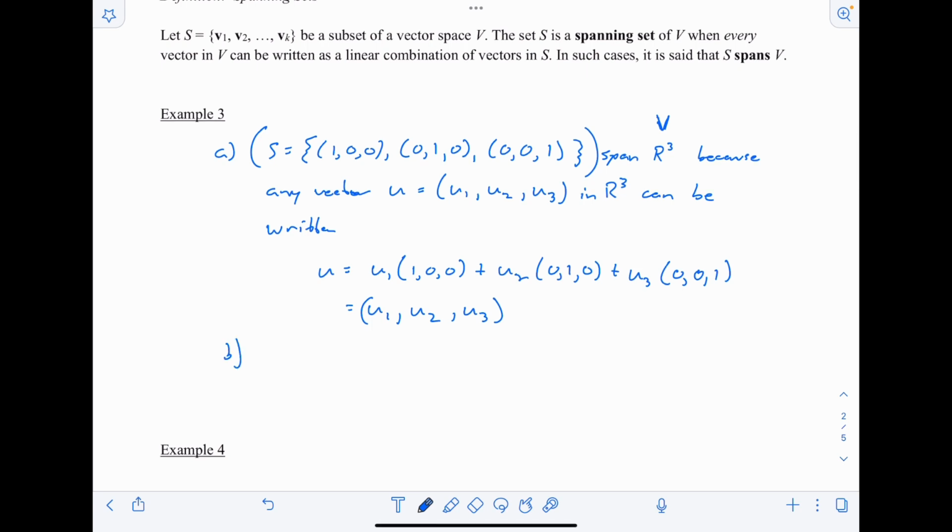Okay. Let me give you one more example like this. So let's consider a different situation. Let's go away from the R space, and let's talk about polynomials. So I'm going to define this to be the subset S: 1, x, and x squared. And in this case, we can say that this spans P2, in other words, all polynomials of degree 2 or less, and again, that's kind of our vector space V, because, again, every polynomial